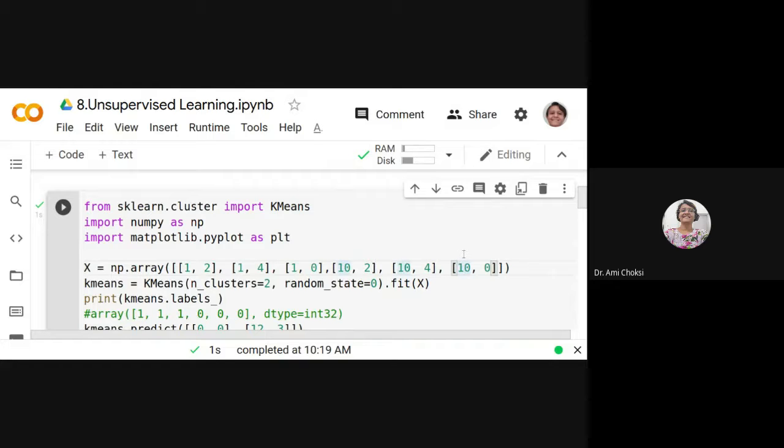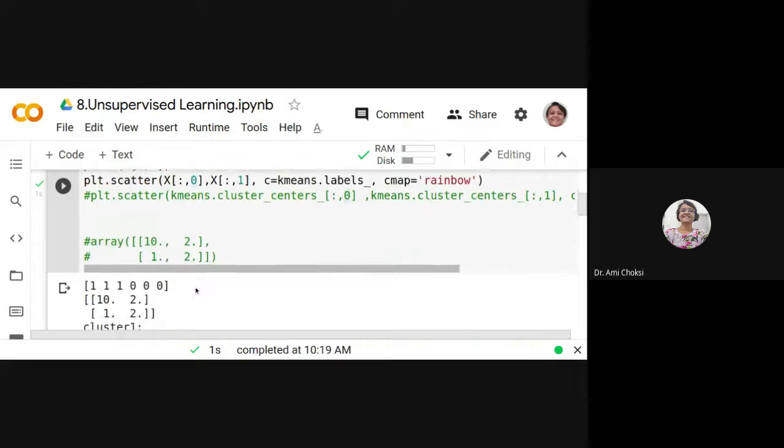Whatever x coordinates are there, that it considers. And for the other cluster, 2, 4, 0, 2, 4, 0. It divides the data in two parts, as one coordinate in one cluster and the second coordinate in the second cluster, right?